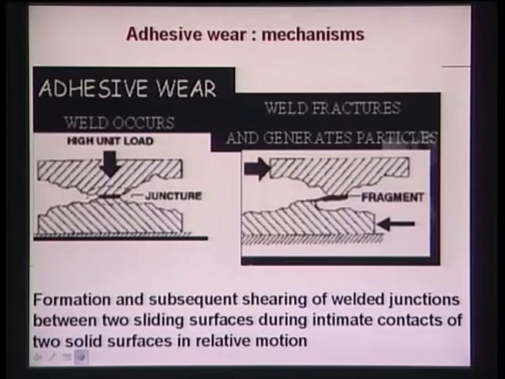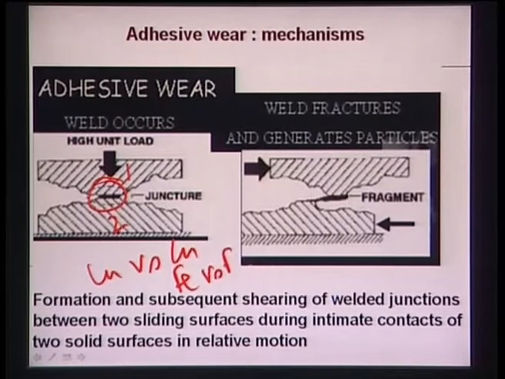Another wear mechanism is called adhesive wear. Adhesive wear means that when the two bodies 1 and 2 are made of the same material, for example copper versus copper or iron versus iron, you have adhesive wear. It means they can initially make a welded joint. You know welding: welding means when two materials are joined together. Similar things happen because they have the same composition, like copper versus copper or iron versus iron, and welding can take place very easily.